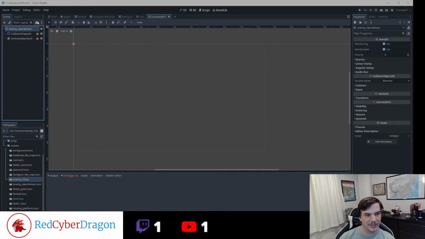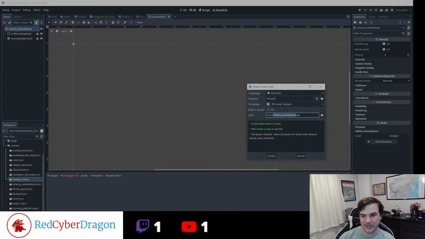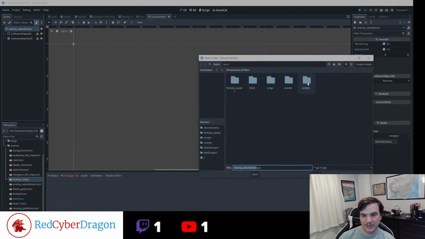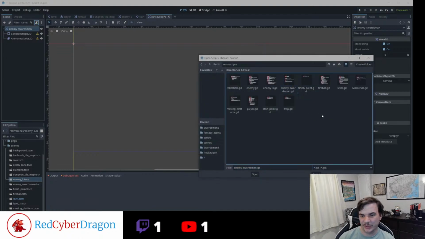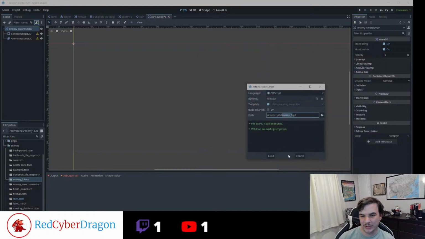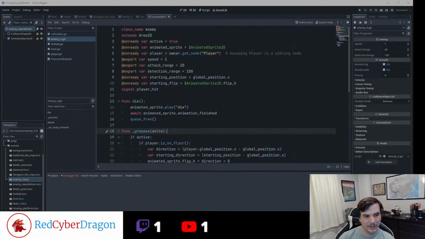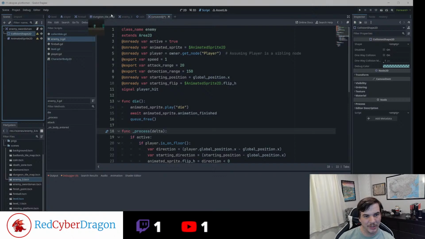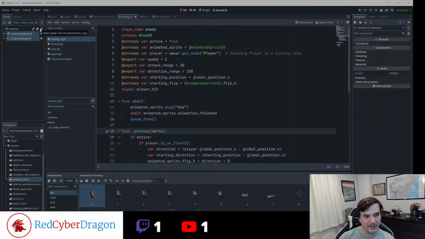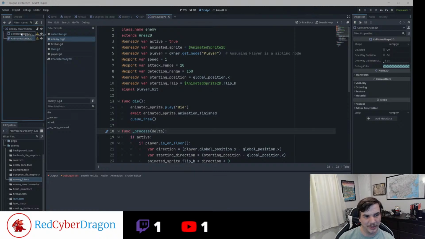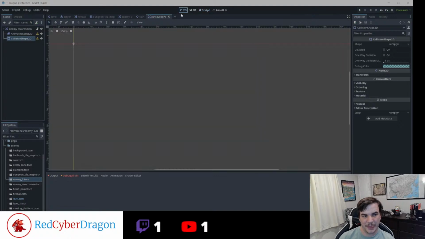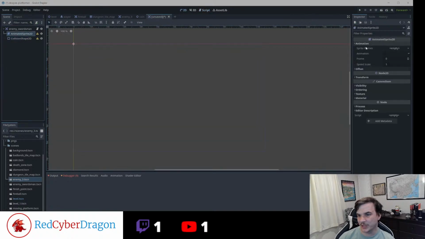And then we'll attach a script. And we'll just use the enemy script. And then we'll give this a shape. All right, animated sprite 2D animation, new sprite frames,